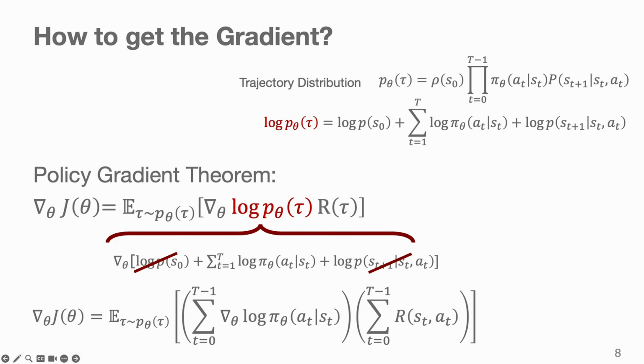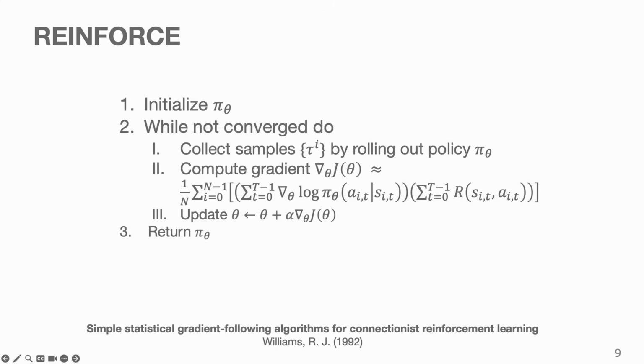We can now sample trajectories from our policy, compute a gradient for each of the log pi of actions, sum them, multiply with rewards, and then we get a gradient to apply to improve our policy towards high rewards. This full algorithm is called REINFORCE, the acronym given by Williams in 1992. This is our very first policy gradient method, and sometimes it's also referred to as the vanilla policy gradient. It's quite simple, as you see.